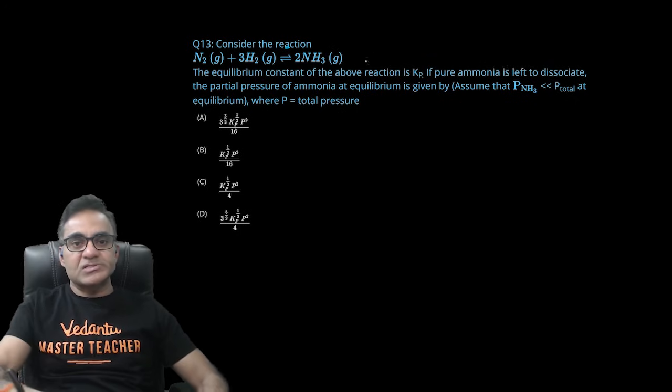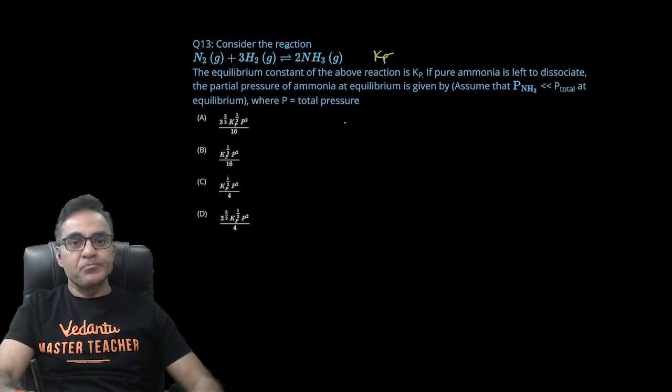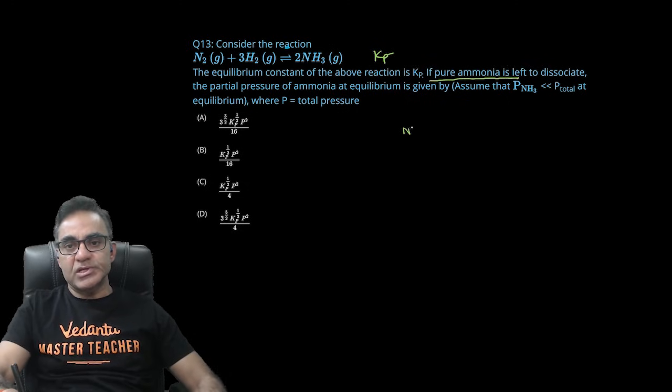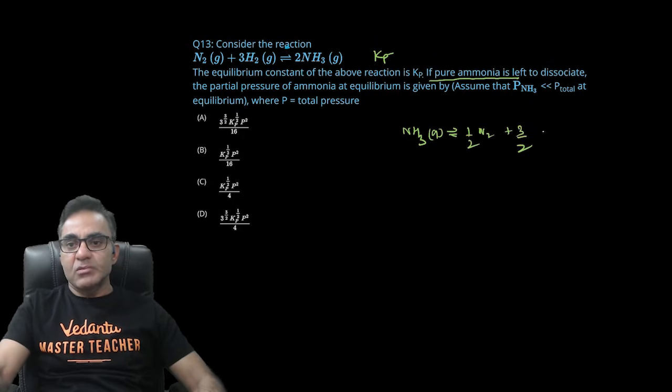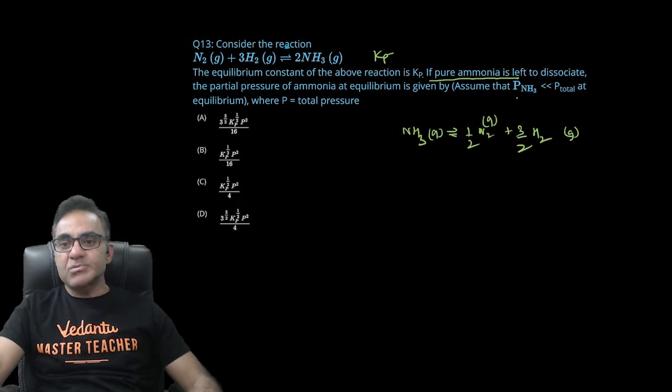कंसिडर द फॉलोइंग रिएक्शन। ये रिएक्शन है जिसका Kp दिया हुआ है, और क्वेश्चन बोला है कि प्योर अमोनिया लिया है और उसको डिसोसिएट होने के लिए छोड़ दिया है। तो जब प्योर अमोनिया का डिसोसिएशन रिएक्शन लिखेंगे तो रिएक्शन कुछ इस तरह से आएगी, 1/2 N2 प्लस 3/2 H2। ऑलराइट, और गैसियस। क्वेश्चन में मिला है कि अमोनिया का